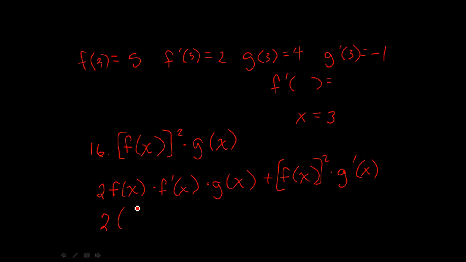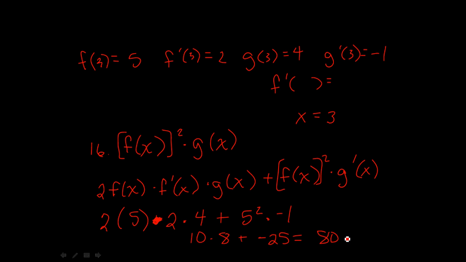2 times f of 3 is going to be 2 times 5. Oops, that's not supposed to be plus. Make that times. F prime of 3 is 2, times g of 3 is 4, plus f of 3 squared is going to be 5 squared times g prime of 3 is going to be -1. So we have 10 times 8 plus -25. So it's 80 minus 25, which is